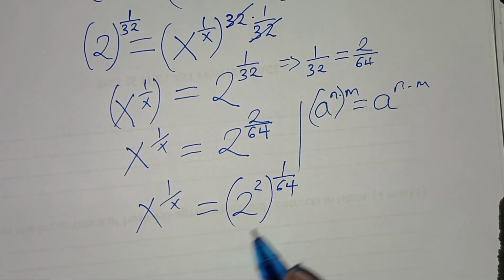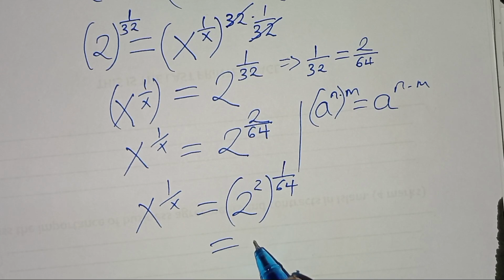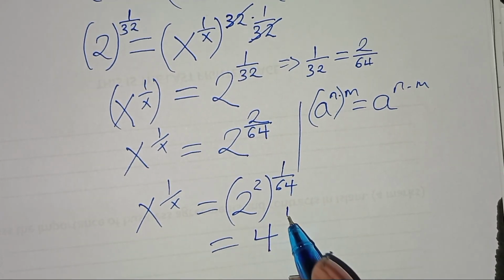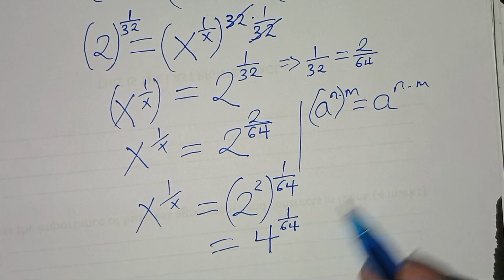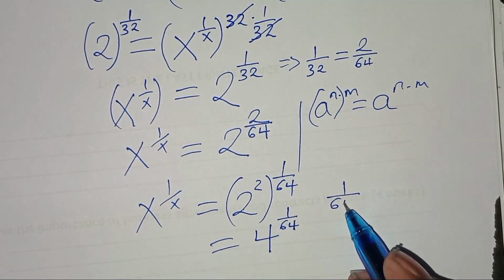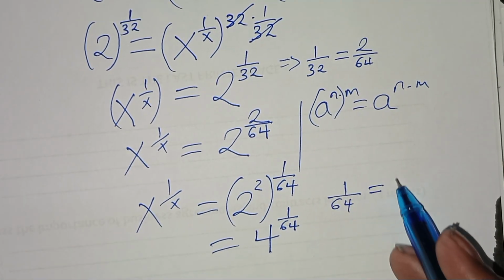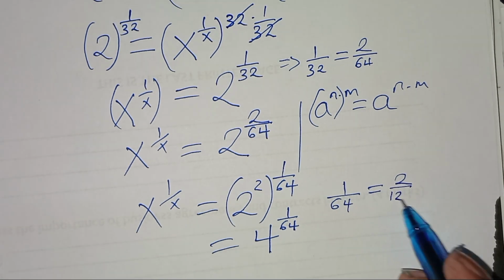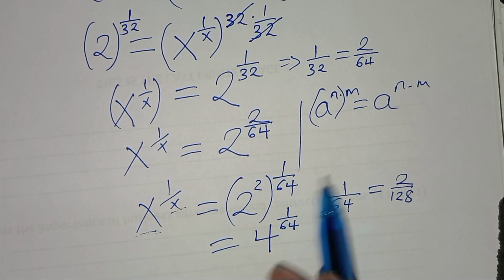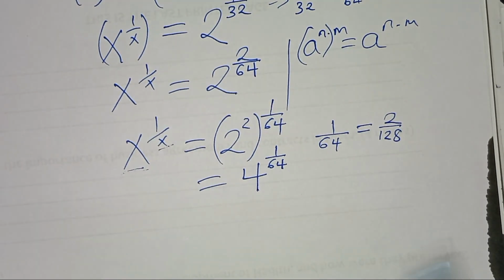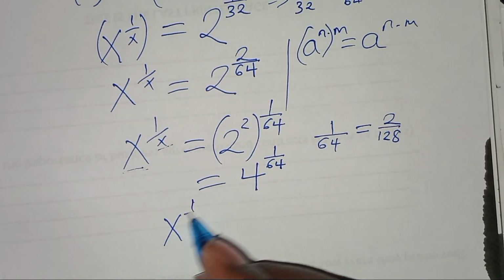Now here we have 2 squared, which is 4, raised to the power 1 over 64. Now we can express 1 over 64 as 2 over 128. We have to ensure that the base here, which is x, is the same as the exponent x. So here we'll have x to the power 1 over x